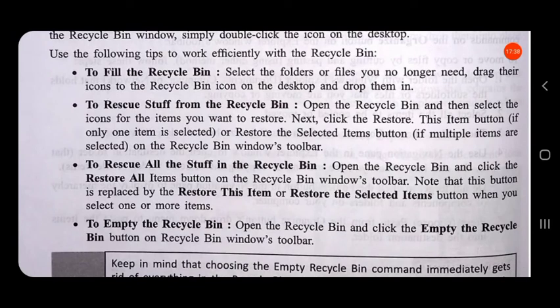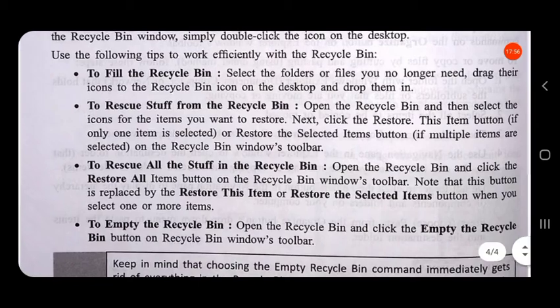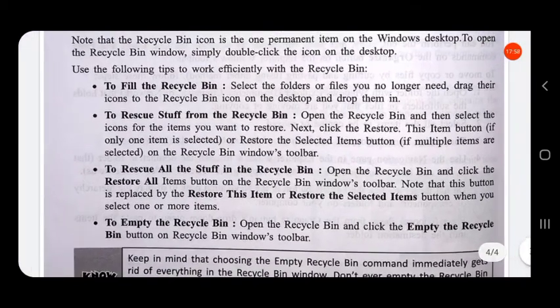To fill the recycle bin, select the folders or files you no longer need. Drag their icons to the recycle bin icon on the desktop and drop them in. So whatever folders or files or applications we don't need, everything you can drag and drop into the recycle bin. Then to rescue stuff from the recycle bin,